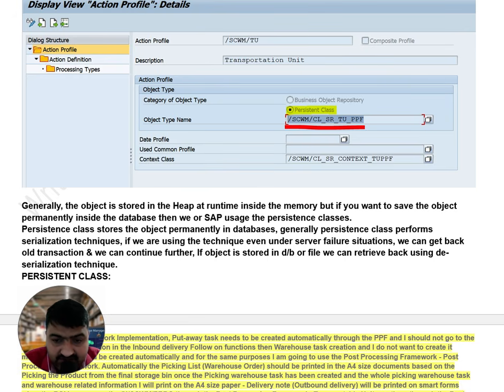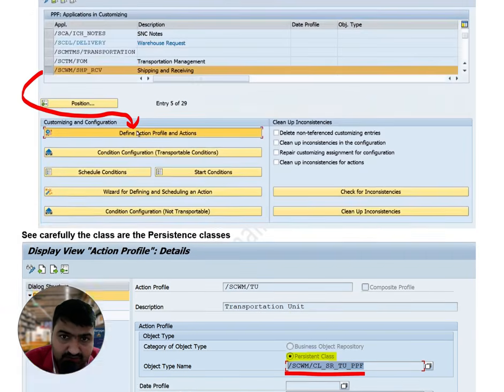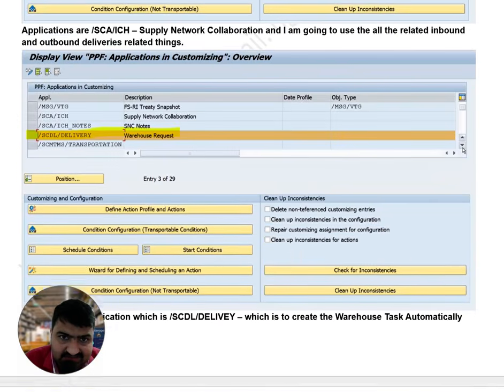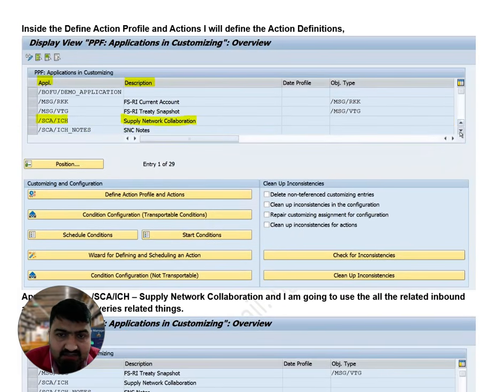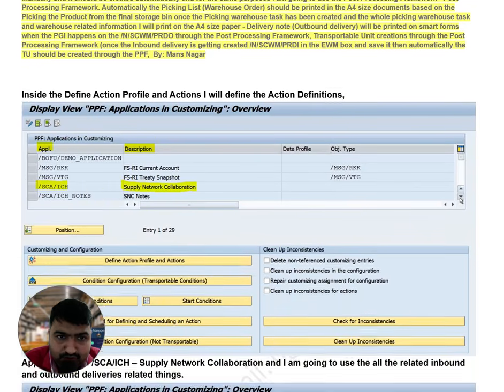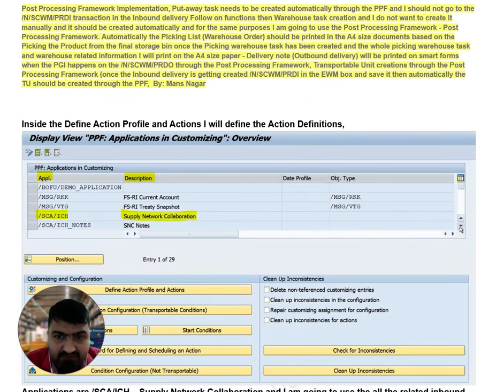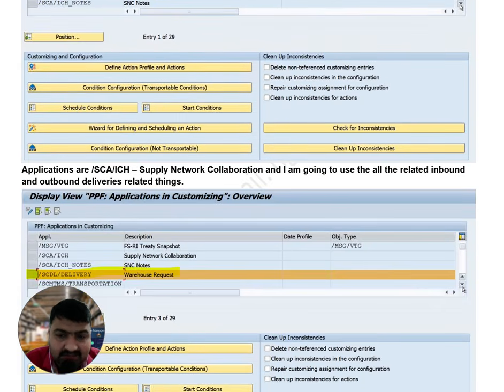If the object is stored, we can receive it back through the persistent class. In the next slide I will explain about persistence. This is the technical part also, so you can consider this class as covering the post processing framework both functionally and a little bit technically.